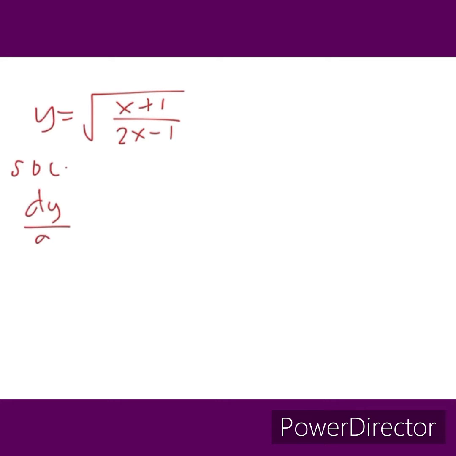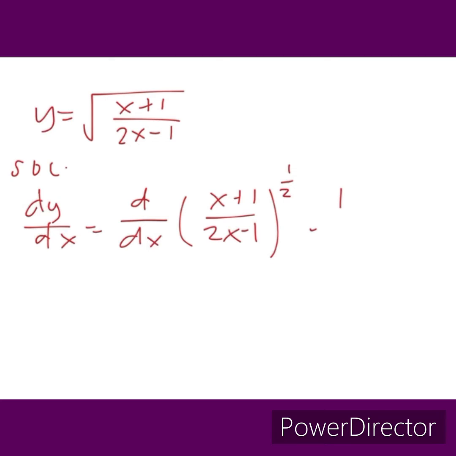So derivative of y with respect to x is equal to derivative of x plus 1 over 2x minus 1 raised to 1 half minus 1, which is equal to 1 half times x plus 1 over 2x minus 1 raised to negative 1 half, because 1 half minus 1 is equal to negative 1 half, times